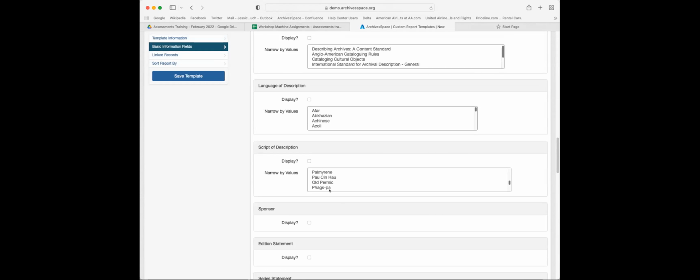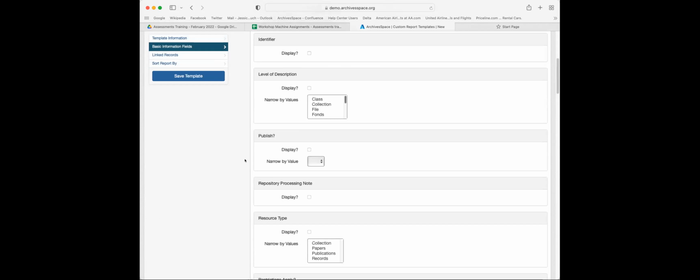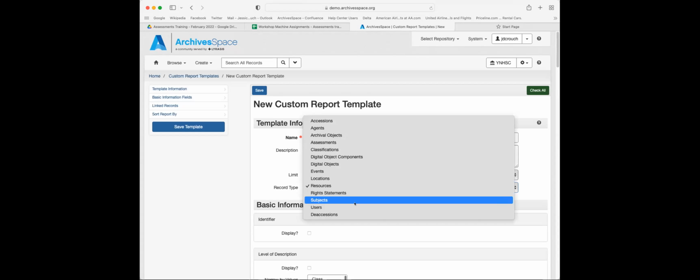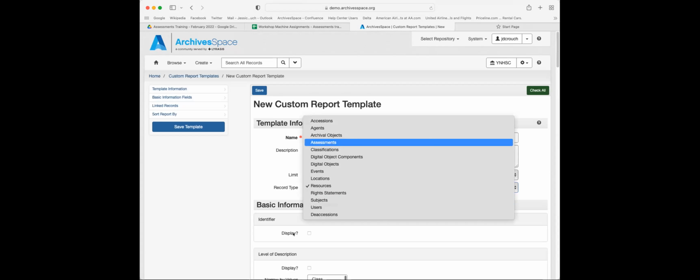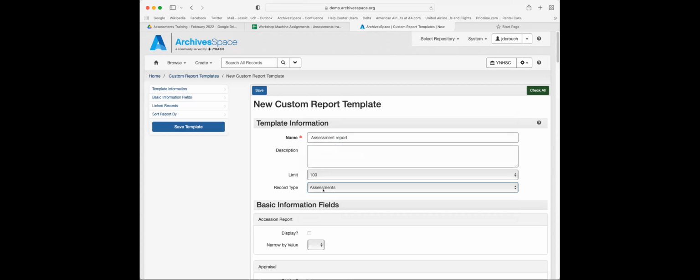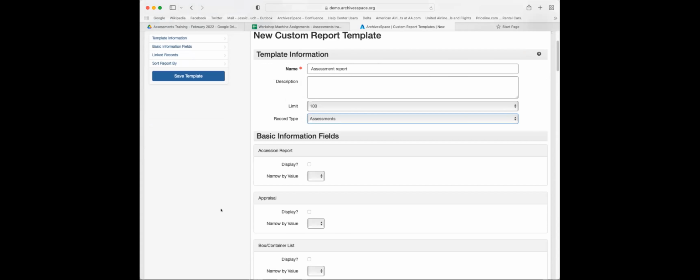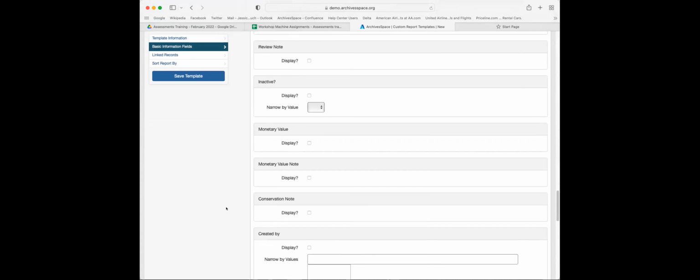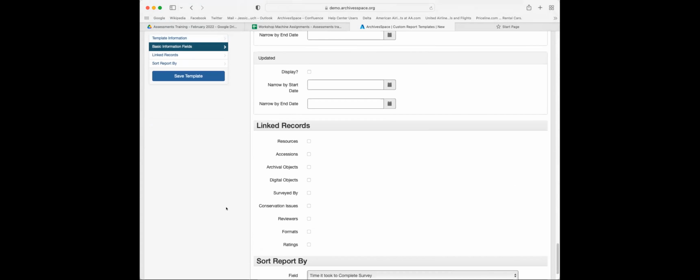Look in the user manual, or look in the Help Center documentation, or look in notes. We had an open call about this recently, but that's one way that you can get to assessment information about different record types. You can also create custom reports about assessments themselves. So that would then open up all of the basic information fields, and you can narrow by those, as well as all of those linked